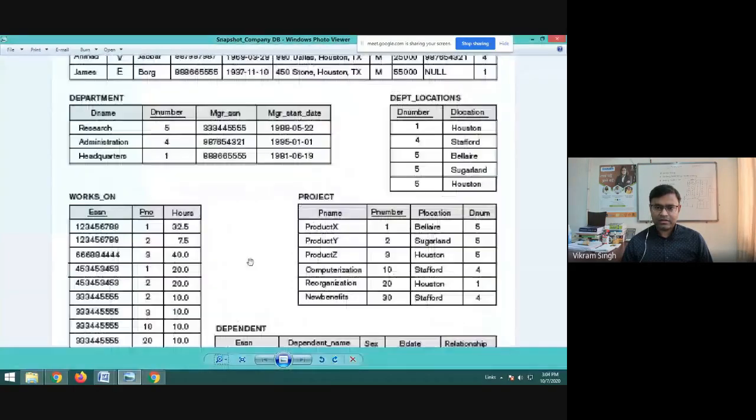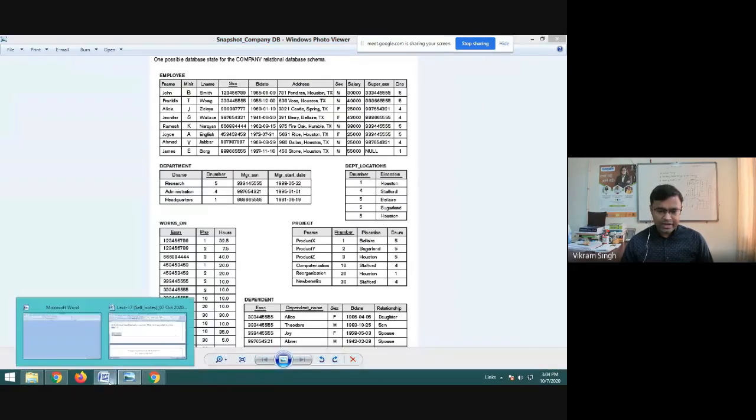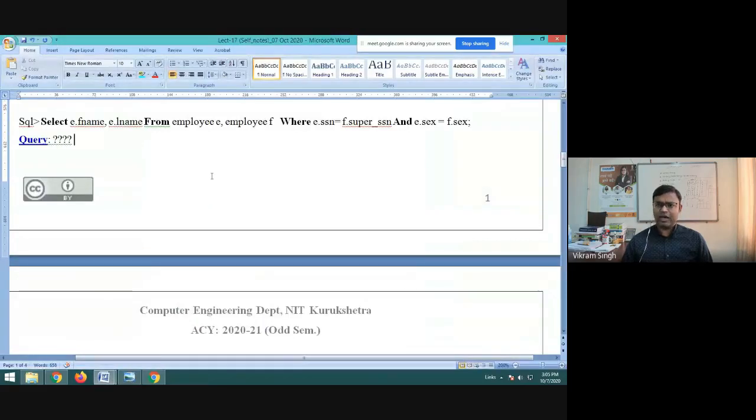Okay, we are losing some values. Here you can see we have first name, middle name, last name, SSN, birth date, address, gender, salary, supervisor, D number. For this query, nothing much is important from that table. You can see we have written select employee first name, employee last name.